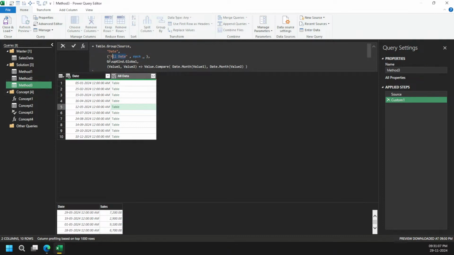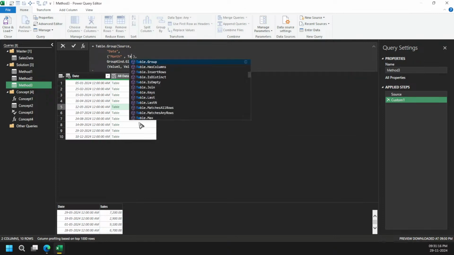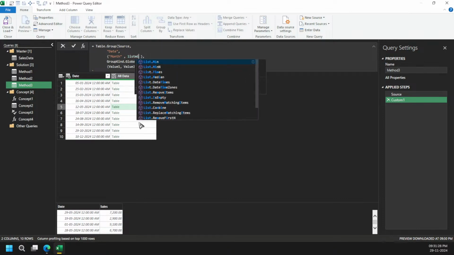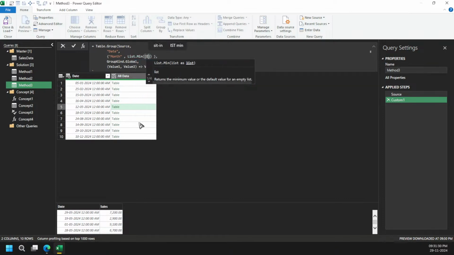Instead of all data which we have seen here, now I can go for the month part, month name, and then simply let's say table first value. Or if you feel you are not comfortable with this, or the date part is in the second column, what you can do is use this one, list minimum, and then the date part.